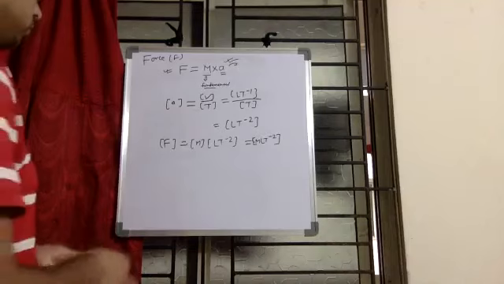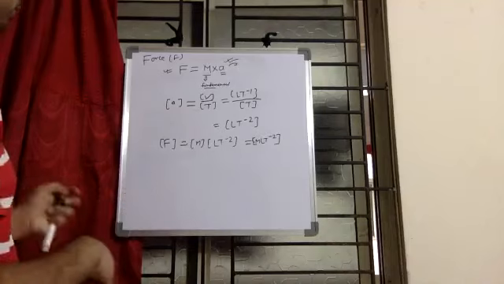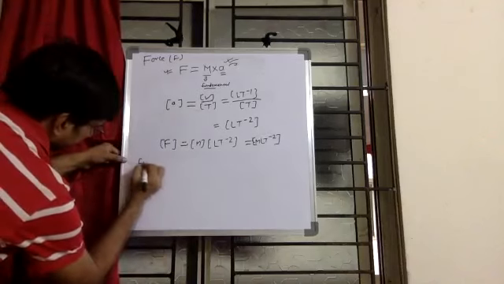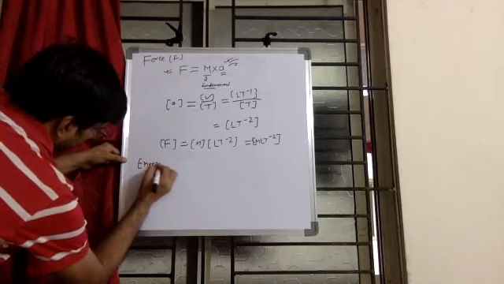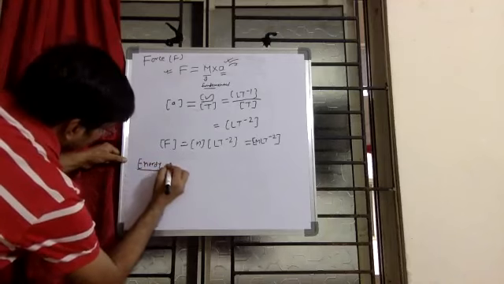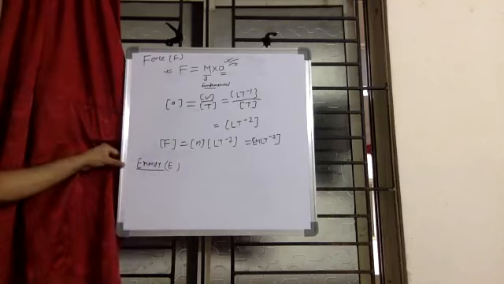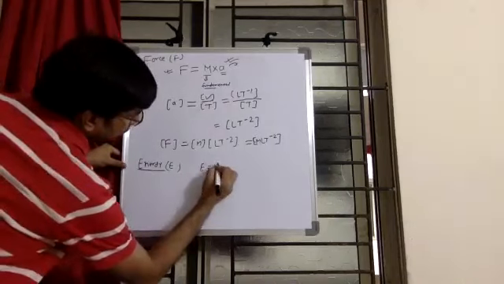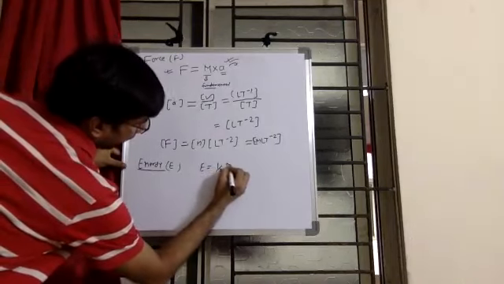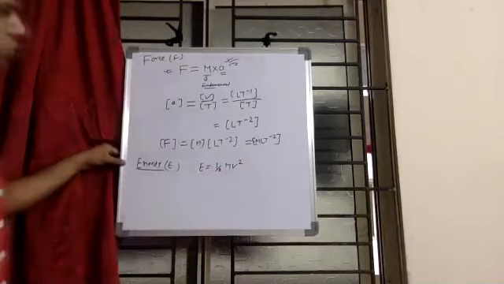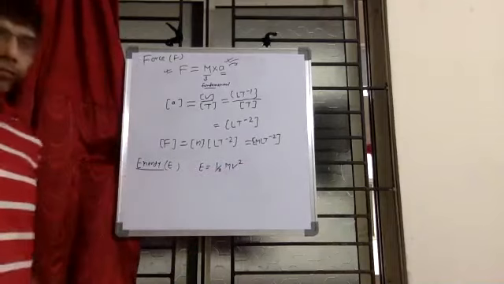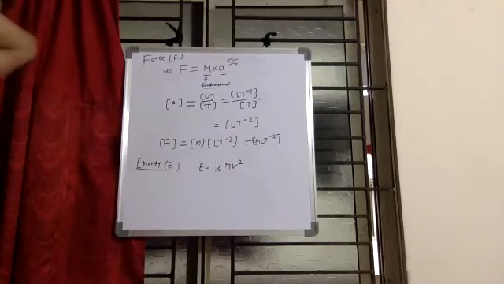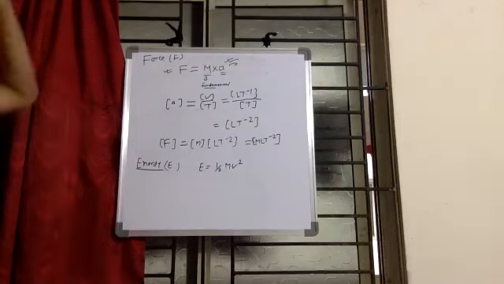Okay, so now the next we will calculate the dimension of energy. Dimension of E. We are going to calculate the dimension of energy. Assume I am telling you E equal to half m into v square. So what will be the dimension of E? Just try once, then we'll explain it. I'm giving you 2 minutes. Just try, then we'll go through this.